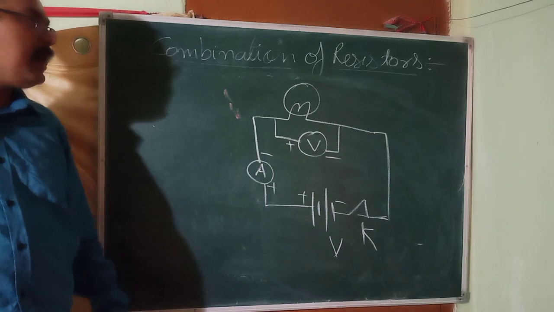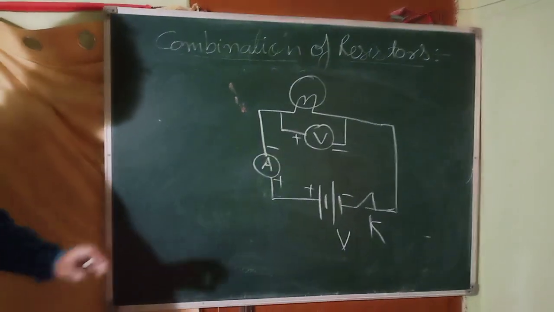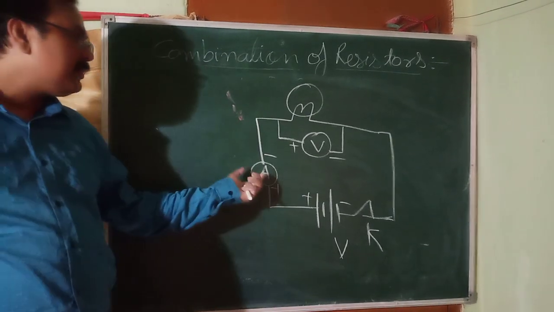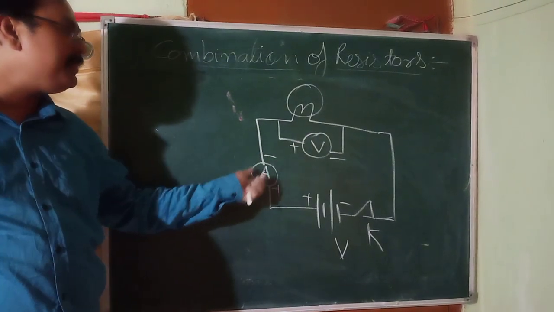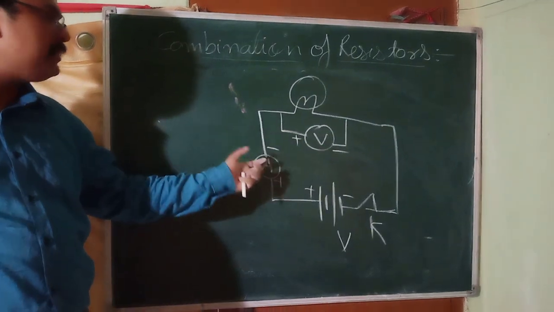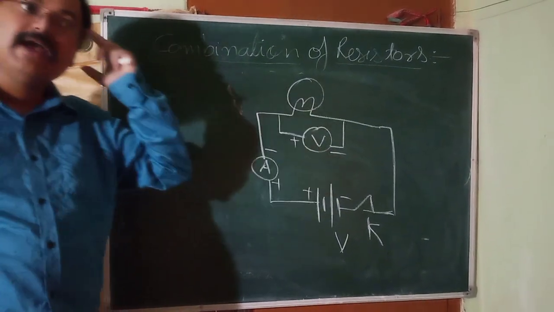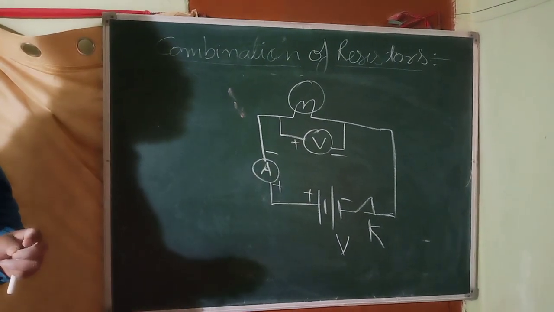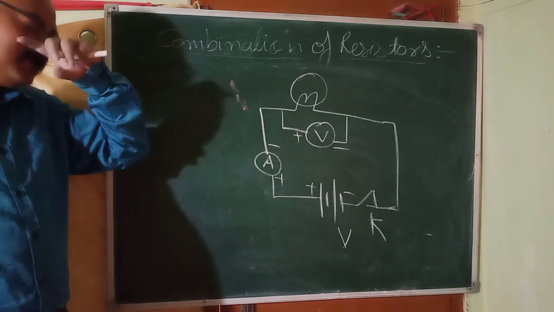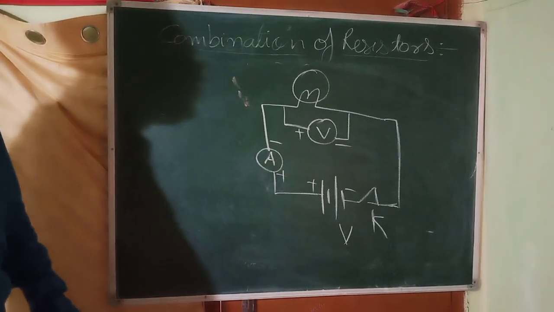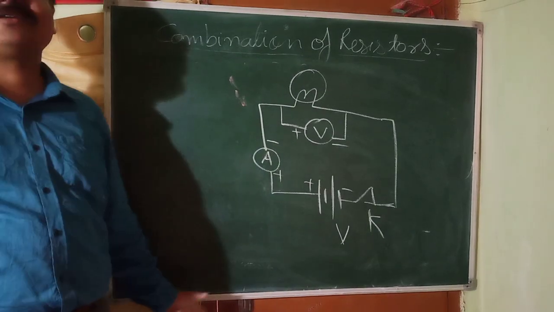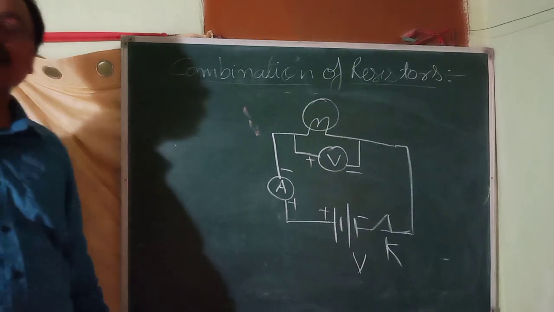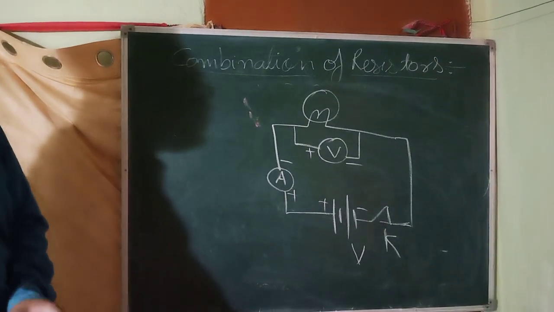Actually, in the questions asked on this, they give 3 or 4 figures. They will connect the voltmeter sometimes in series, the ammeter in parallel, and sometimes they will invert the polarities also, and you have to select the circuit which is connected properly; that will be your answer. So this way they ask questions many times, and sometimes they ask why the voltmeter is connected in parallel, why the ammeter is connected in series. So this type of question is also asked in the examination.